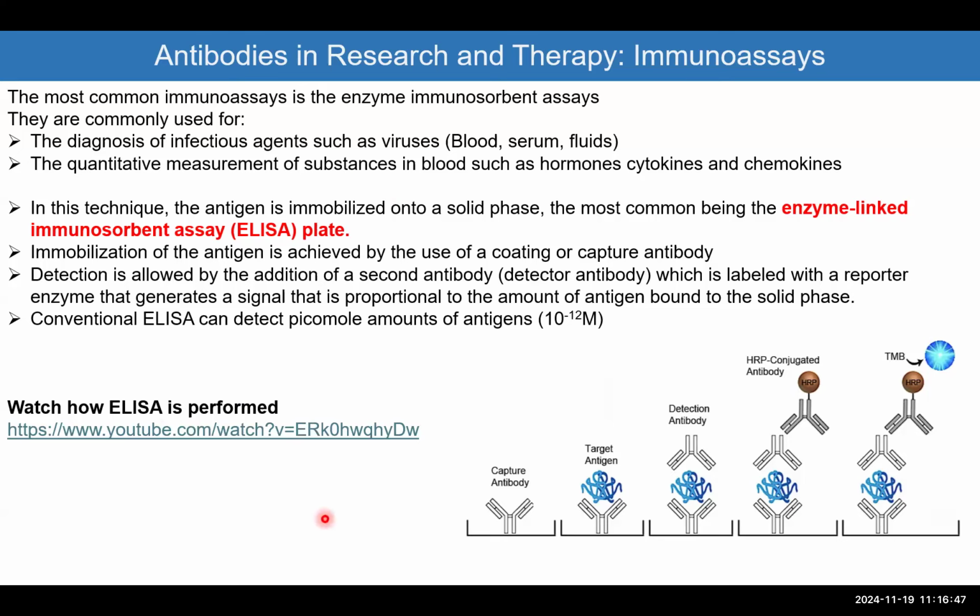But the idea is, in the wells, these 96 wells, this antibody is attached to the bottom of the well. Normally, if you want to do ELISA, let's say for a cytokine like interleukin-1 or TNF-alpha, whatever cytokine that is really available in the blood or the serum or the fluids, or specific to a pathogen or a bacteria,